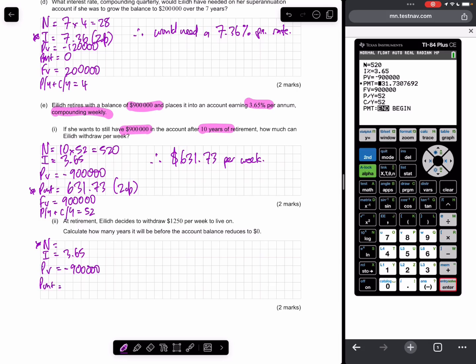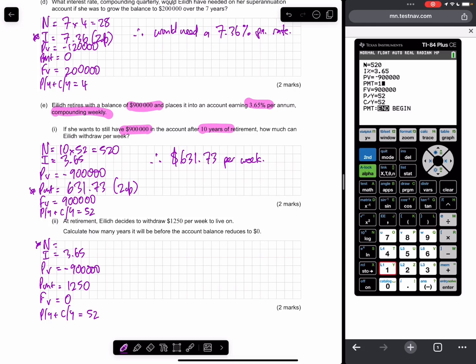She's choosing to live it up a little bit. 12.50. We want it to reach zero. PY and CY both 52. PMT is positive because that money's